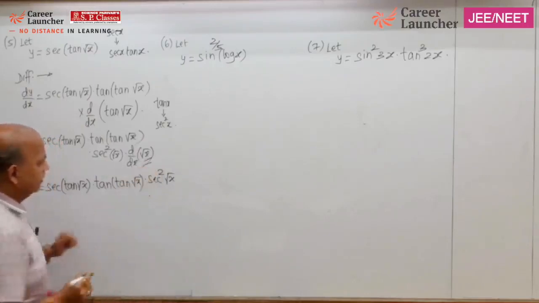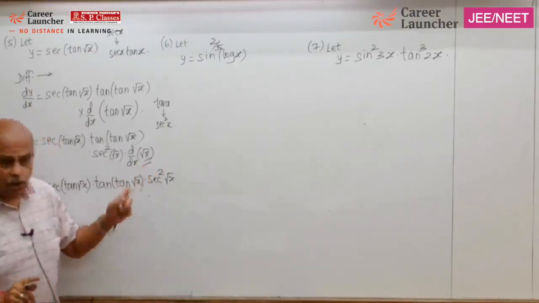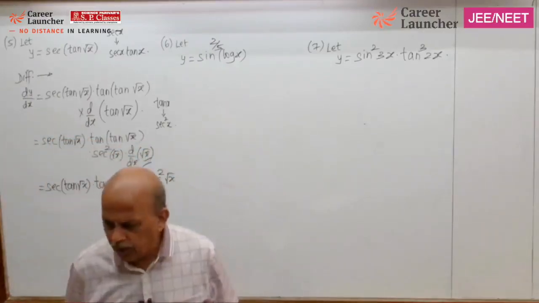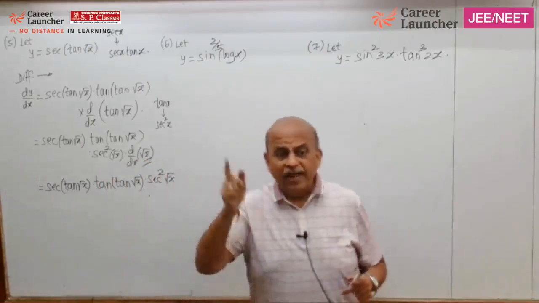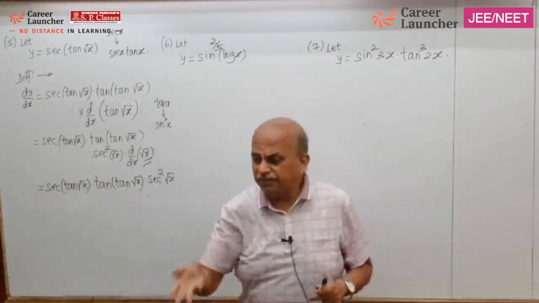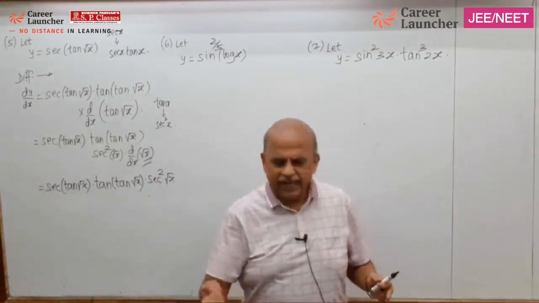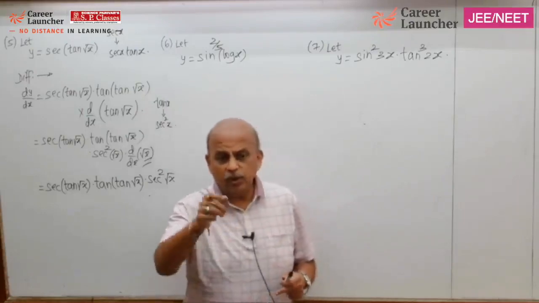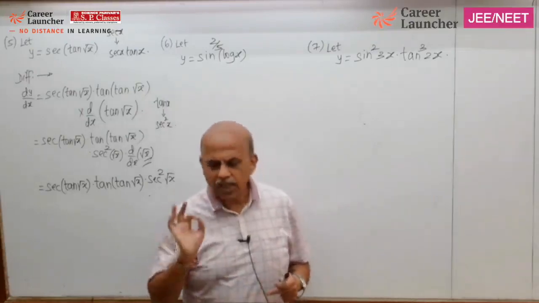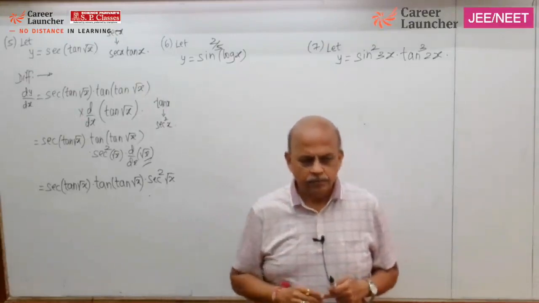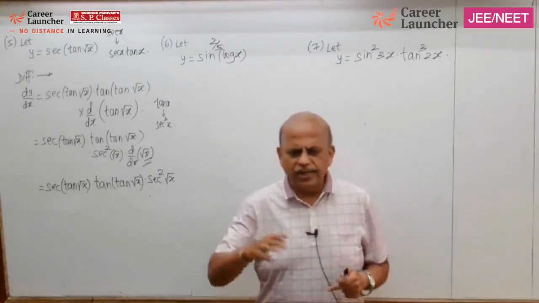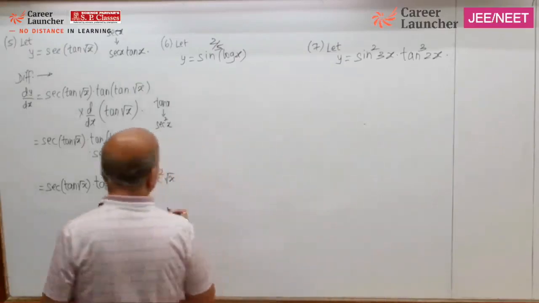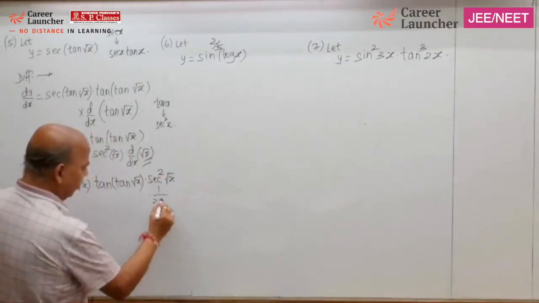Into, now root x. One minute, tell me, don't you feel root x is a standard formula itself? So there is no question of using the chain rule. When do we use chain rule? When in a standard formula x is replaced by some other function. Here root x, directly the formula is there. Root x's formula is what? 1 upon 2 root x. See, that's why I am telling you, when you come for the next lecture, you must know all the 23 formulas by heart. If you know the formula, you need not refer to the formulas every time. Root x's formula is 1 upon 2 root x. Okay, so here only I'll write 1 upon 2 root x.